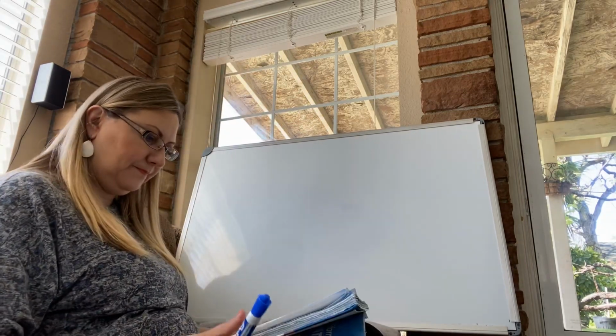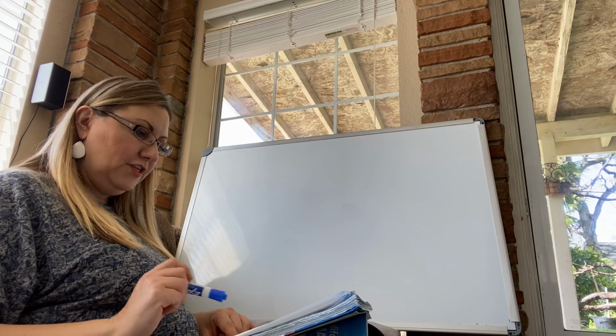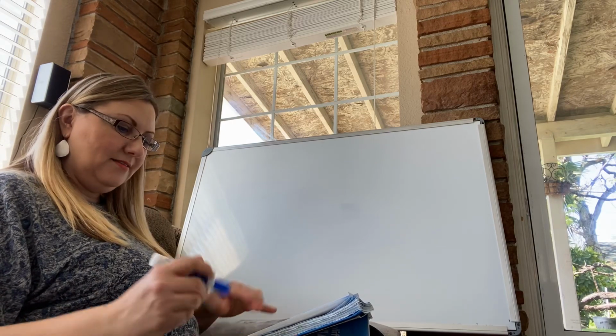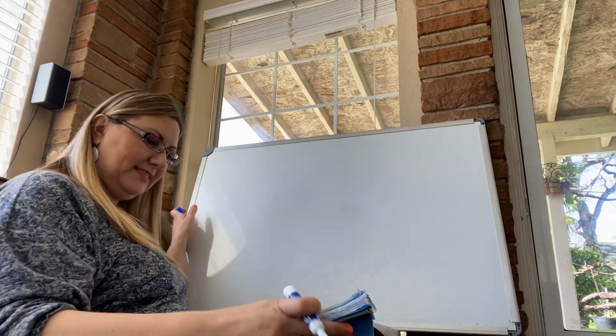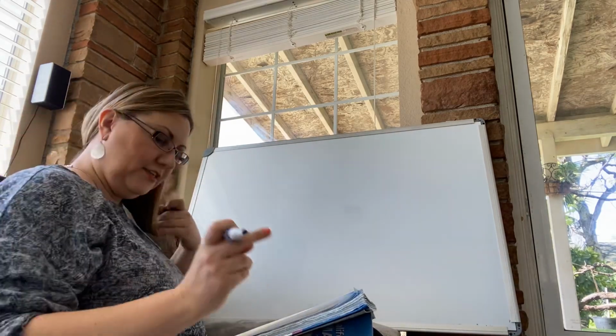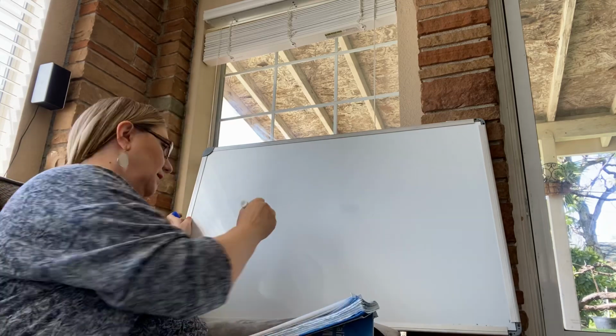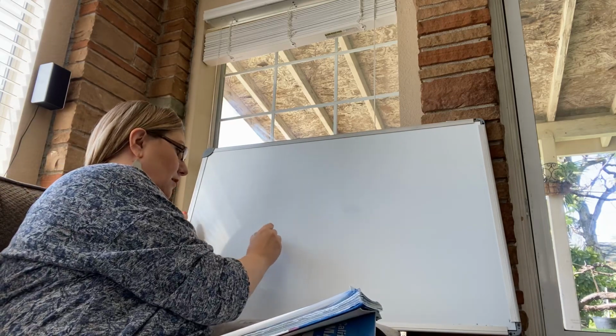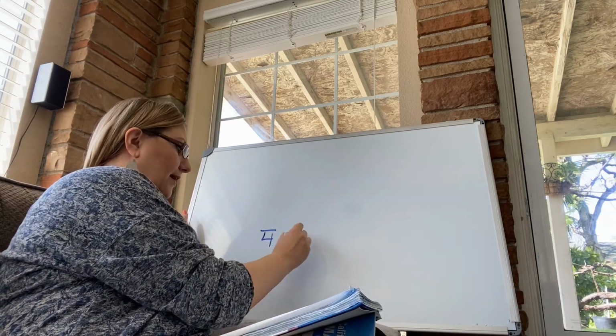If the denominators are the same, then the fraction with the greater numerator is something, and the fraction with the smaller numerator is something. Okay, so let's do an example here. If the denominators are the same, like let's say we have 4 at the bottom,